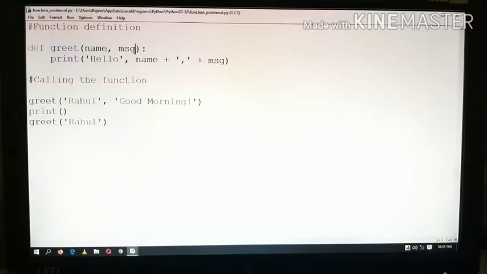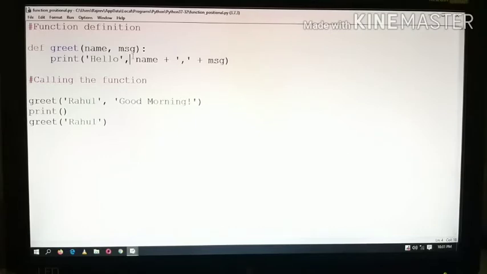This way of calling the function, when the function definition has two parameters, then you have to provide two parameters when you call the function. This is known as positional argument matching. Means the number of arguments in the call must match the function. While calling this function, you have to provide two parameters. If you are providing one parameter, you will get an error, and if you are providing more than two parameters, in this case you will also get an error. This is known as positional argument matching. Means you are calling the function with positional arguments.